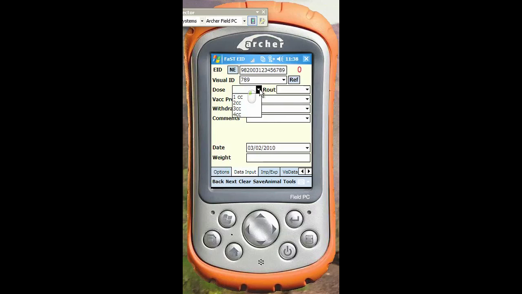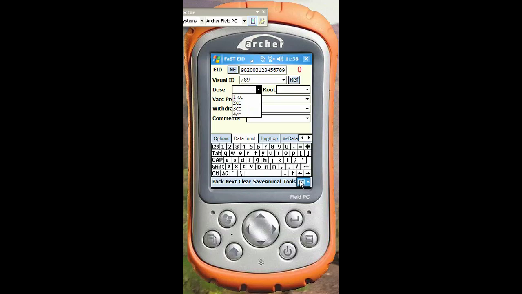I'm going to then select the dose amount. As you can see, we have a pre-drop-down list. If it's not in that drop-down list, we come down here to the keyboard and we can type in 10 cc's, and then come over here to route, and that's the drug administration route, and in this case I'm going to select IM for intramuscular, and then for the vaccination protocol